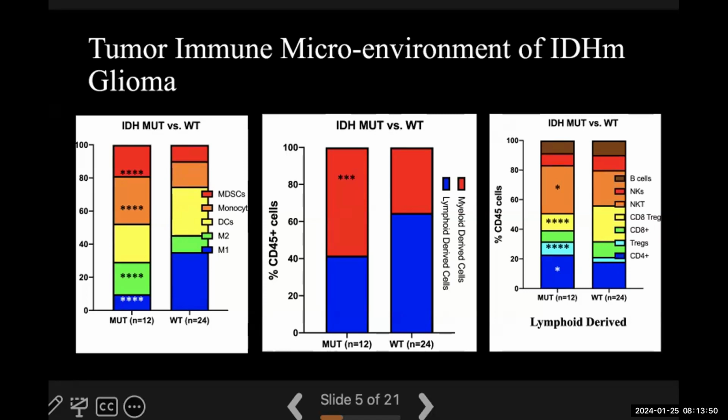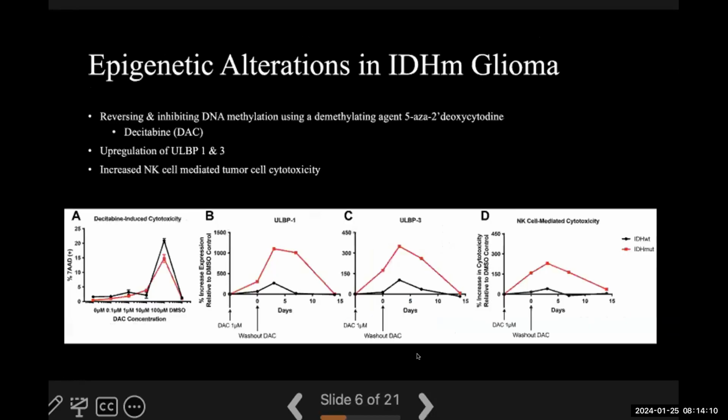So this can all be attributable to the epigenetic changes that you see when you have a buildup of 2-HG that drives the genotype in IDH mutant gliomas. So the question also becomes: is there a way to reverse some of the epigenetic changes that you see with IDH mutation? So this is actually one of the things that we also looked at in the lab, where we